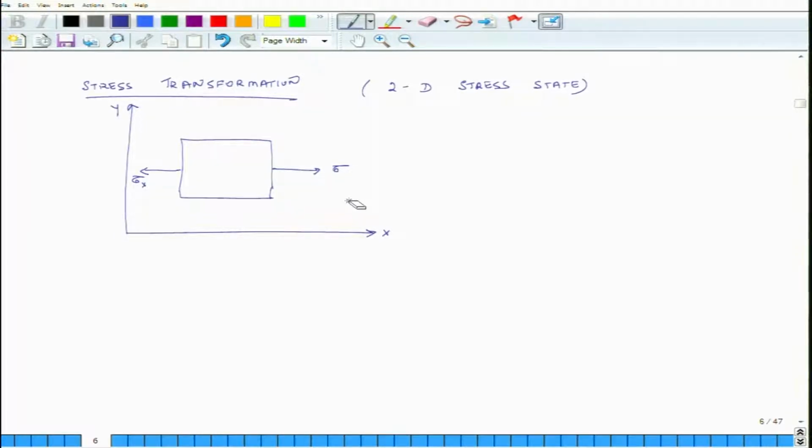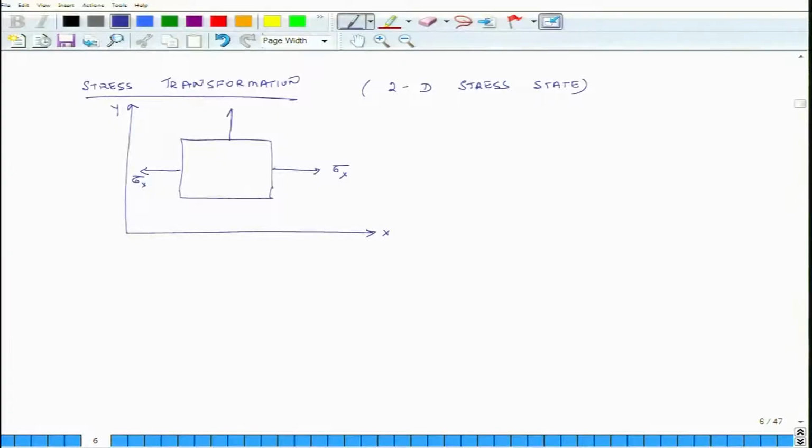So, it is the normal stress in the x direction. Strictly speaking, I should use sigma xx. First index indicates the direction of the force and the second index indicates the direction of the surface on which it is being applied. Then in the y direction, it is being exerted upon by another stress sigma y,